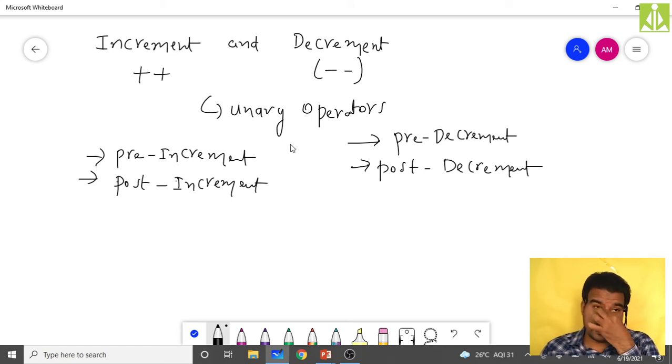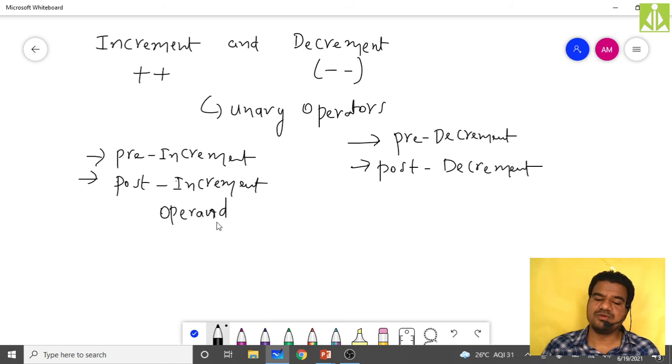So what exactly do pre-increment, post-increment, pre-decrement and post-decrement mean? It is the way you use these operators. Here we said they are unary operators, so they take only one operand, only one value, to perform the operation.